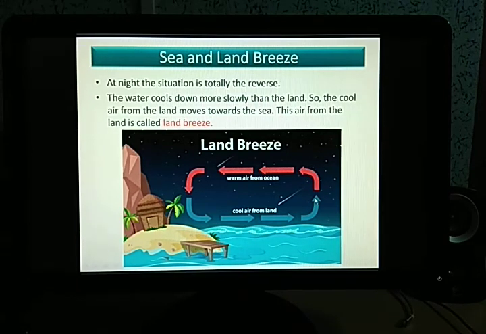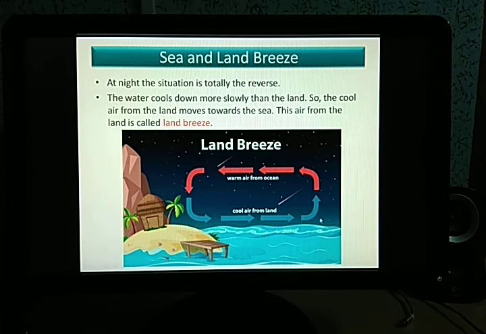So remember that while drawing this diagram, to show this mechanism, always remember the arrow signs. If the arrows are in a different direction, it will mean a totally different thing. So land breeze is in the counterclockwise or anti-clockwise fashion. As the land during the night time is cool, the air above it is also cool. So this cool air will blow towards the sea or the ocean, because here the temperature is higher, it is heated up and takes time to cool down. So it will move from the land to the sea, so it is called land breeze.